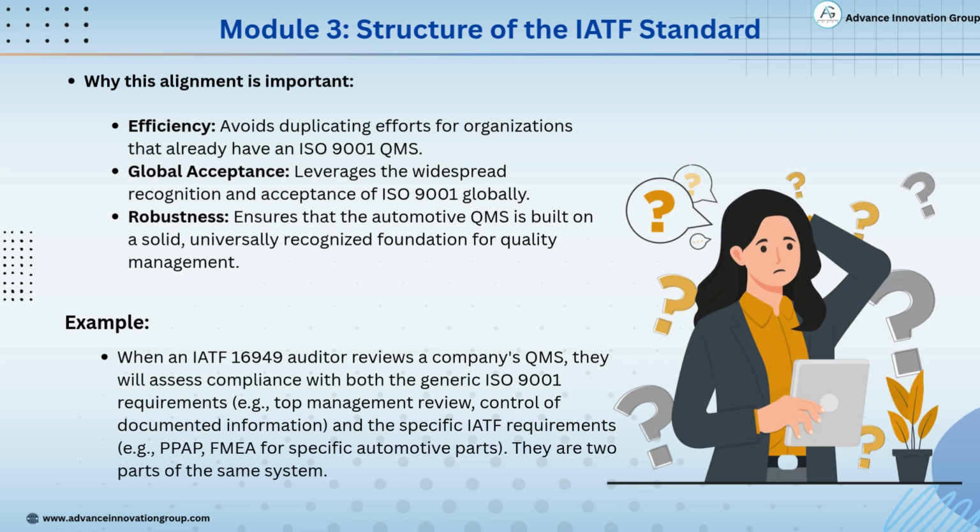Robustness. Since ISO 9001 is a mature and well-structured system, using it as a base ensures the automotive QMS is strong and reliable. Example: when an auditor comes to review a company's QMS under IATF 16949, they check both the generic ISO 9001 elements like top management review and control of documentation, and the specific IATF additions like PPAP and FMEA for automotive parts. So, the two standards are not separate, but parts of the same integrated system,